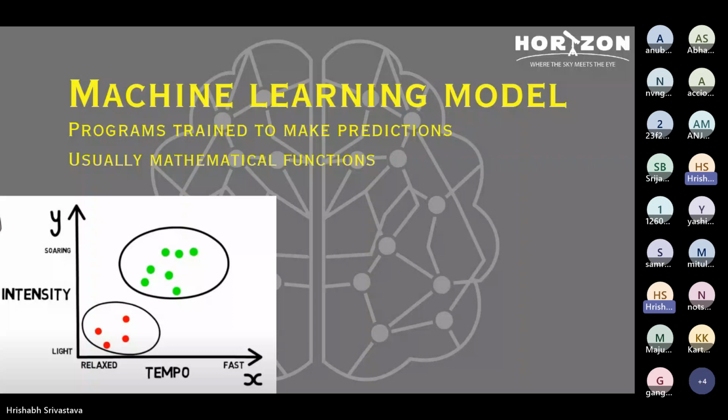Okay. So what exactly is a machine learning model? Our job in machine learning is to take in data and create a model out of it so that we can use that model to predict something. We live in a model-based universe, by the way. Everything that you have studied till now, no one knows what the truth is. Be it general theory of relativity, special relativity, or any of the chemical theories that you must have studied in 11th and 12th, any theory that you have seen is just a model used to describe